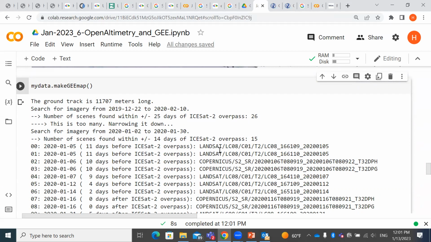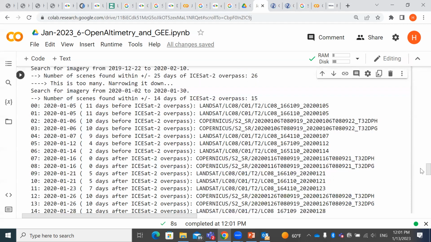This function will get more data in this 15 days before and after, either Landsat or